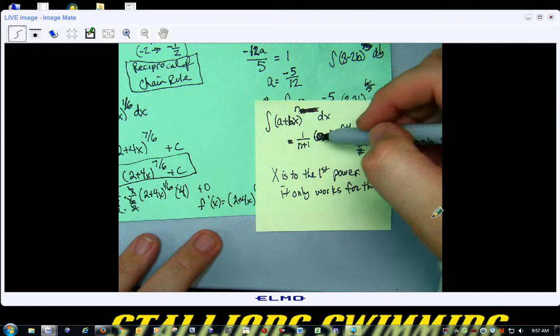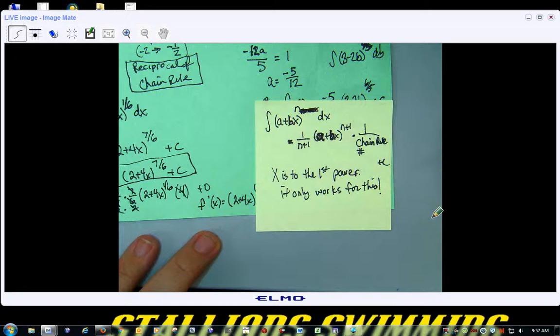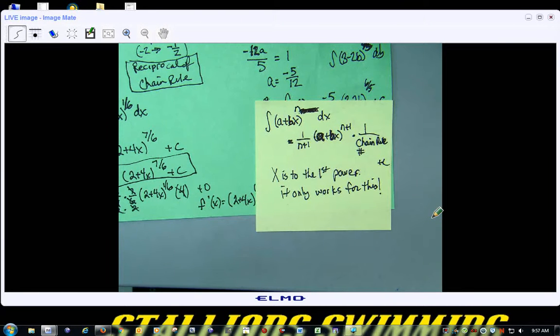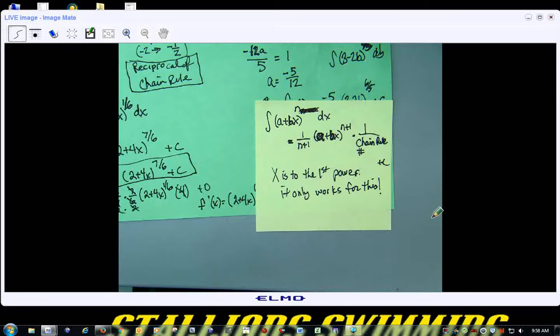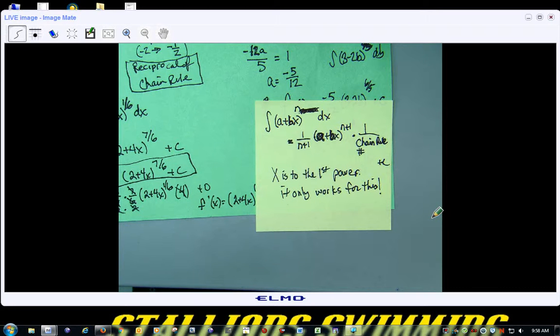Now, this is just a special case, but I wanted to do this problem mainly, one, because it's going to be on your homework, but two, because this idea of having to account for that chain rule is going to come up more and more as we get into more types of functions. Now, if x was to a different power, that's a totally different case, and that gets into what we call U substitution with integrals, which is a little bit different. Because in the integral, you have to see a function and its derivative, and then we change things around a little bit. But with something like this, there's a nice pattern that pops up. And we can use this for whatever we want in that case. So, without having to do any type of use